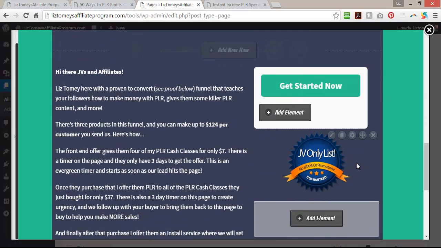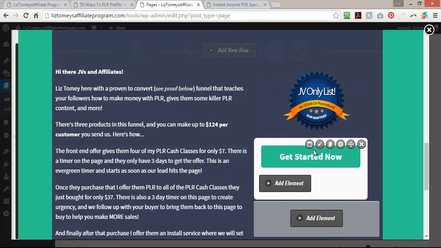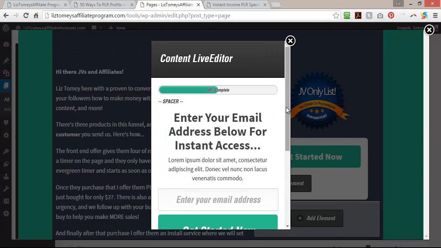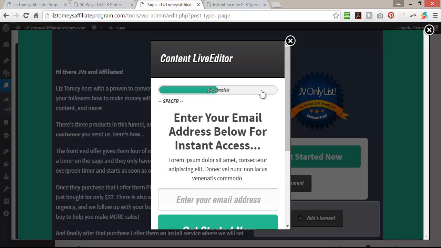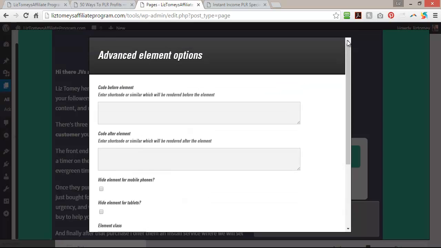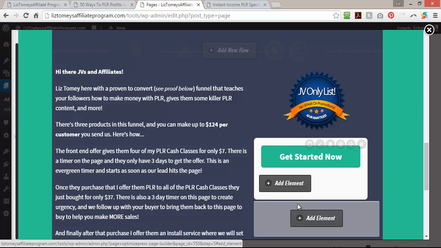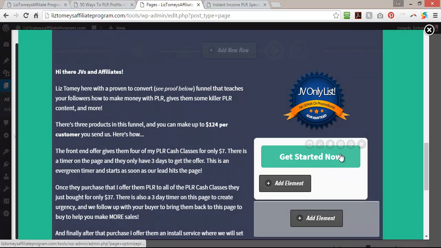Insert. Okay, so I want to bring this above here. And then edit. It's not showing this text though, and I'm not sure why. Oh, I see. Okay, so let's do... I would like to put some text. Add element. I would like to put some text above this. This might be coded to where I can't do that, and that's okay. I can recreate this, but